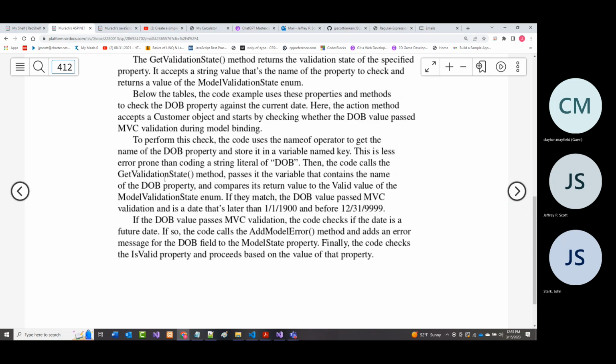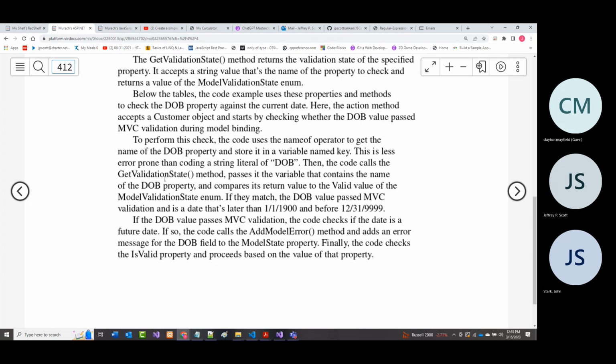All right. And what you can do is you can somewhat have control when it looks through different things. And if there's an error in there, you have some control over what you show and what you don't show. They give an example in here and they talk about date of birth. So think about when you do a date of birth, what do you have to do?